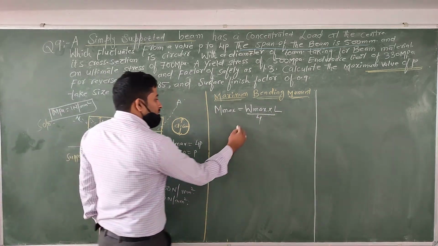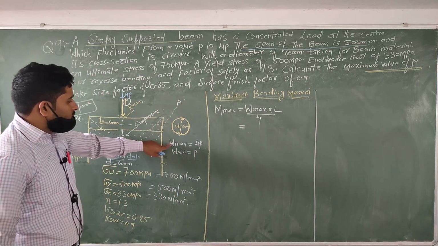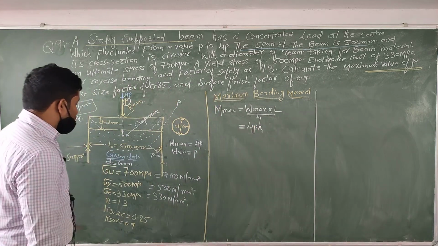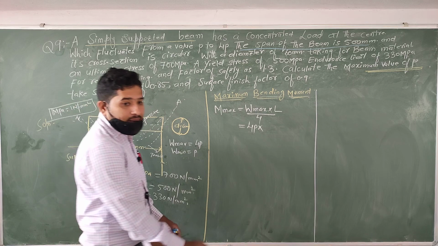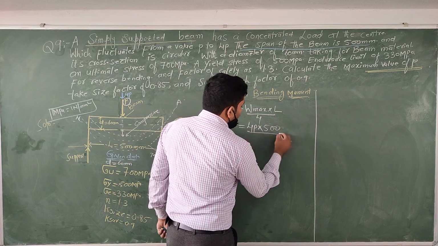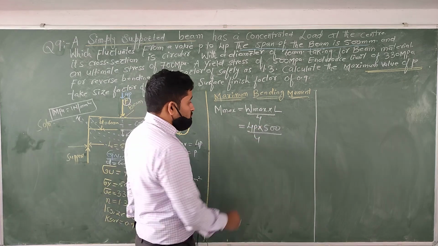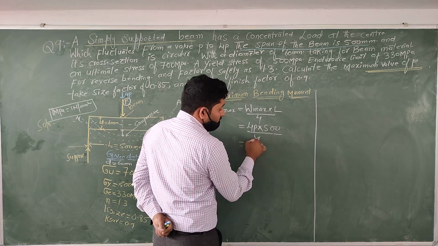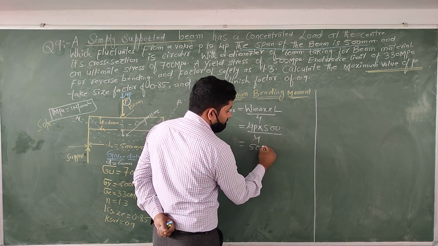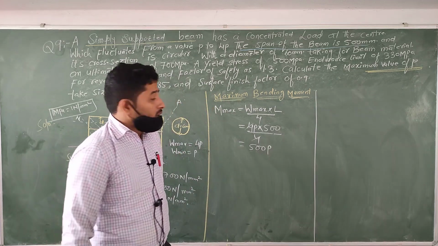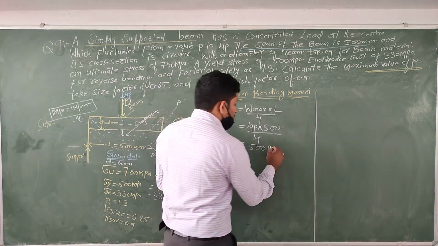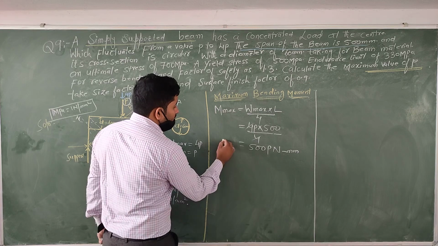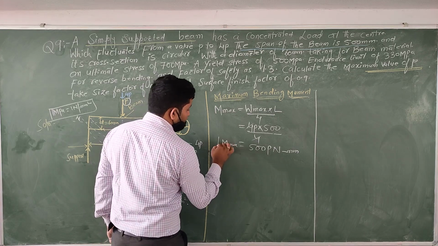Okay dear, and then the maximum load is 4P, into the length of this specimen. How much is given here? 500, by 4. So just multiply this term, 500 into 4P by 4, and the 4 cancels, remaining 500P. Then what will be the unit? The unit of load is Newton and the unit of length is mm, so Newton mm. Is it right? That is the value of the maximum bending moment.